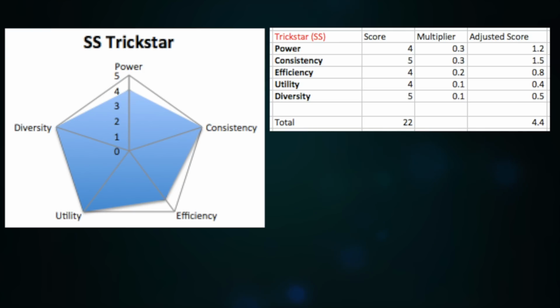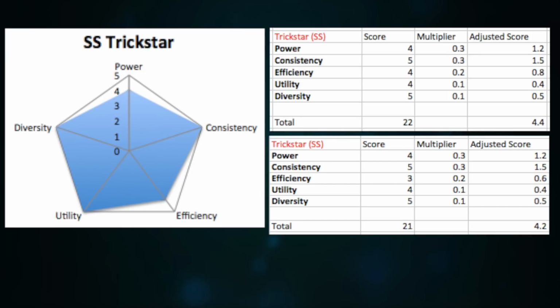And so again, in terms of the 5 qualities, Trickstars have scores of 4 in power, 5 in consistency, 4 in efficiency, 4 in utility, and a 5 in diversity. I think maybe some questionable ones might be, like, you could maybe say it's a 3 in efficiency or a 5 in utility. Like, it's weird, it's somewhere between both of those for each of them, I think. And so I think if we say on the low end a 3 in efficiency and a 4 in utility, then it gives Trickstars a score of 4.2, which makes them equal to